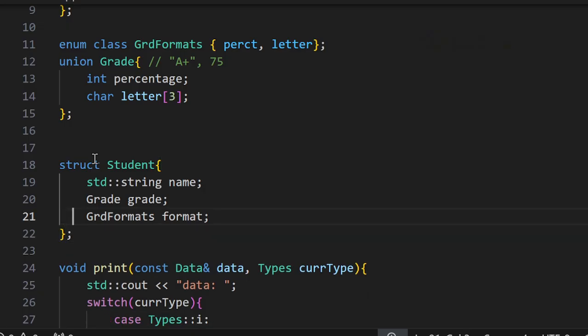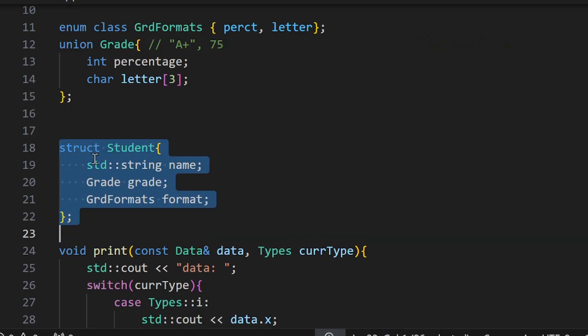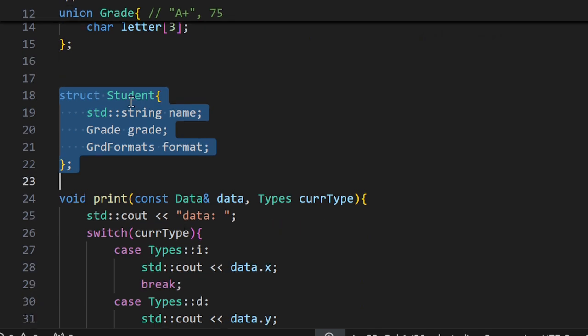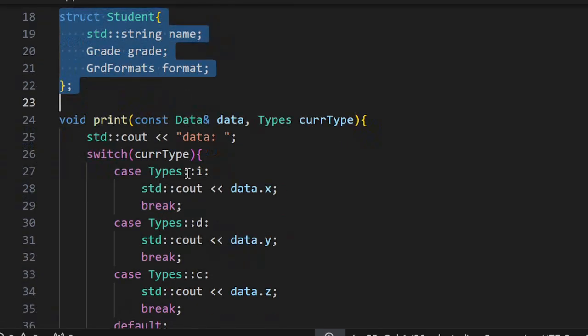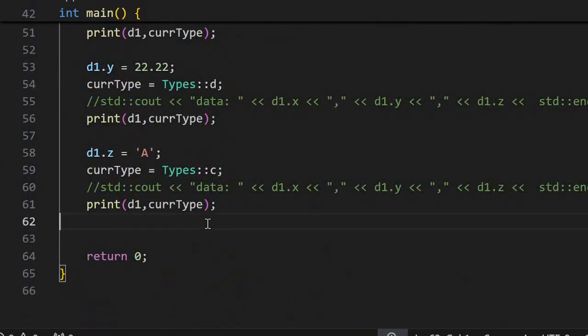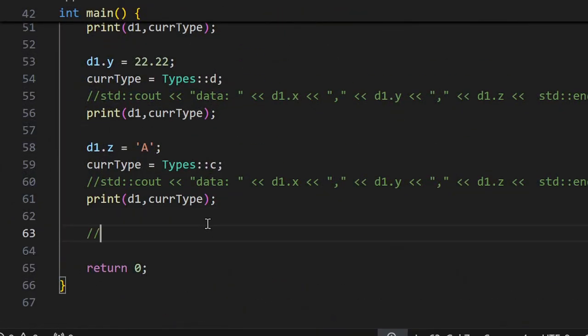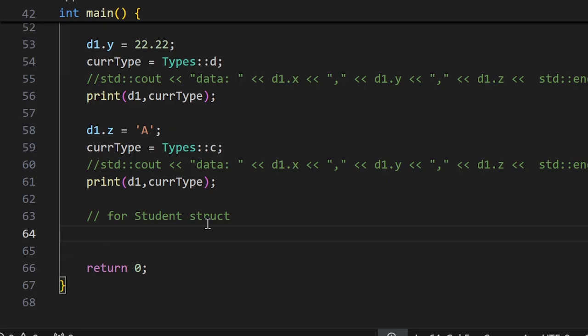So this is the structure I want to use, and with this I can create an object of this structure student, and here struct, type followed by name of object. Let me call this s1